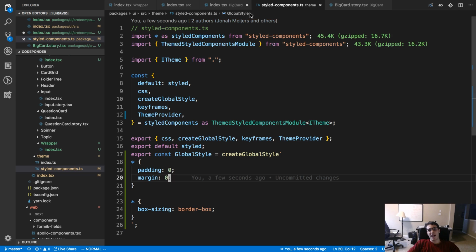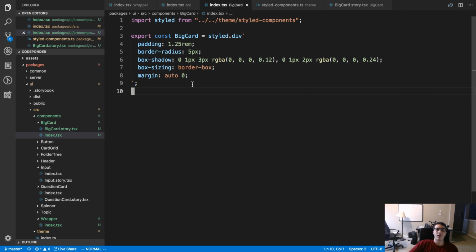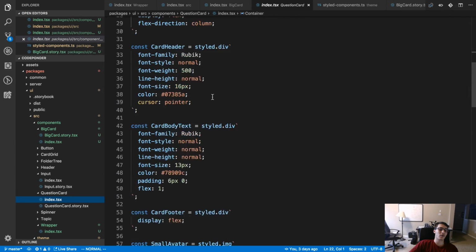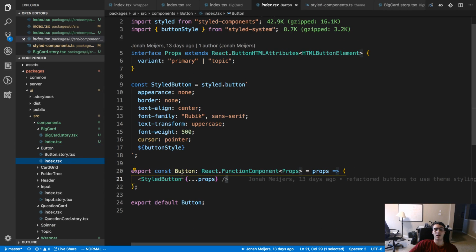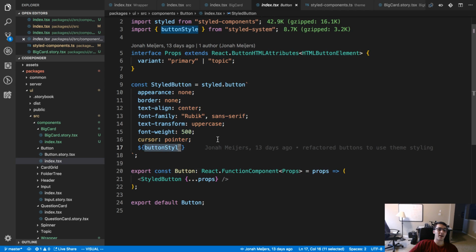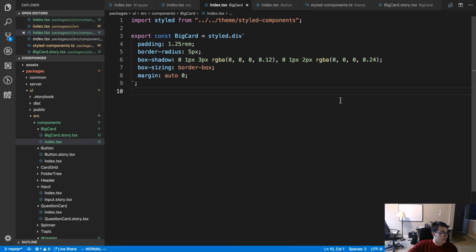Okay, so with styled system, is there anything here that I really want to move into a styled system? I see adding those styled system properties to things like our card, for example, or to our buttons, which I think Jonah added. Yeah, we have a button style here. You don't need to create.